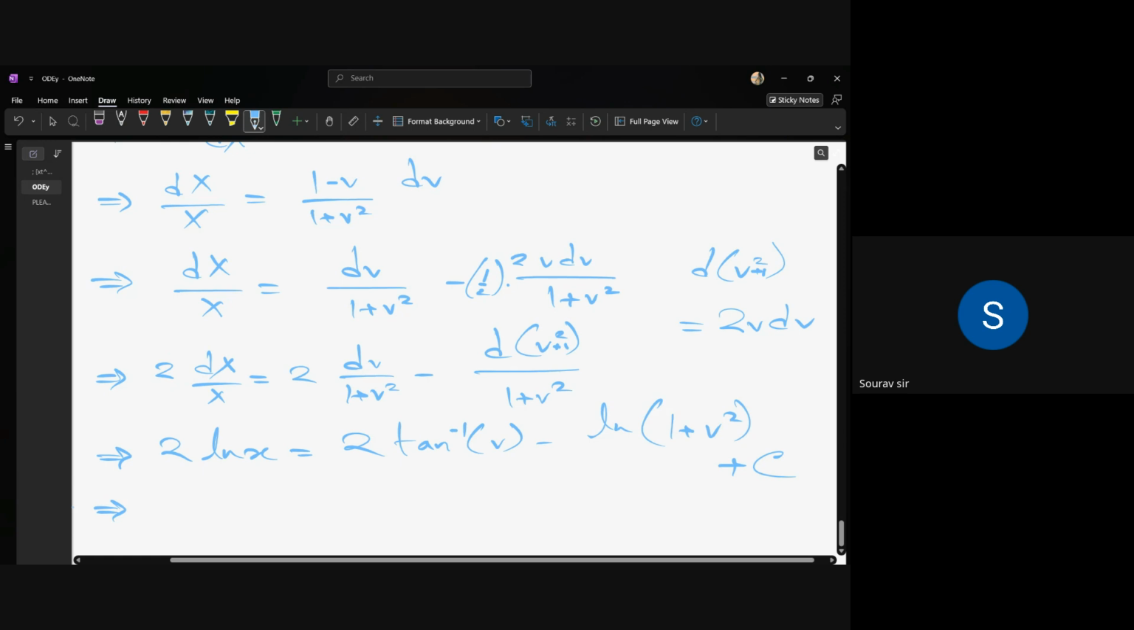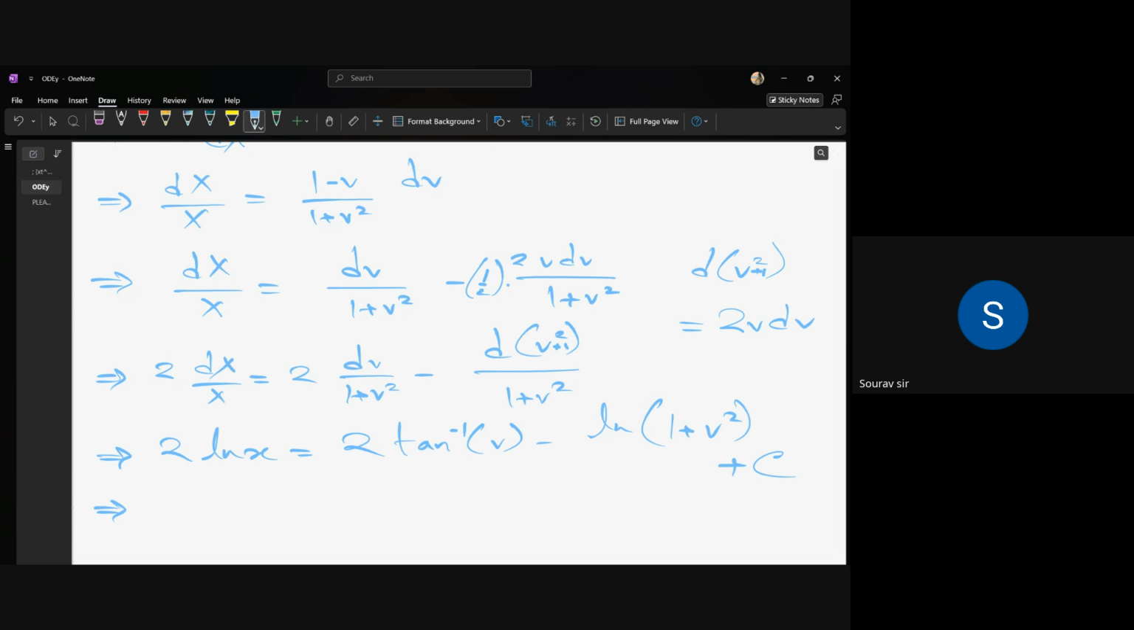after calculating all the things, we are then getting ln of 1 plus v square into x. So that is what we will have. Two log x, so that will be log x square. So we are just multiplying these things. So basically we will get ln of, sorry, that will be big X, so x square plus y square